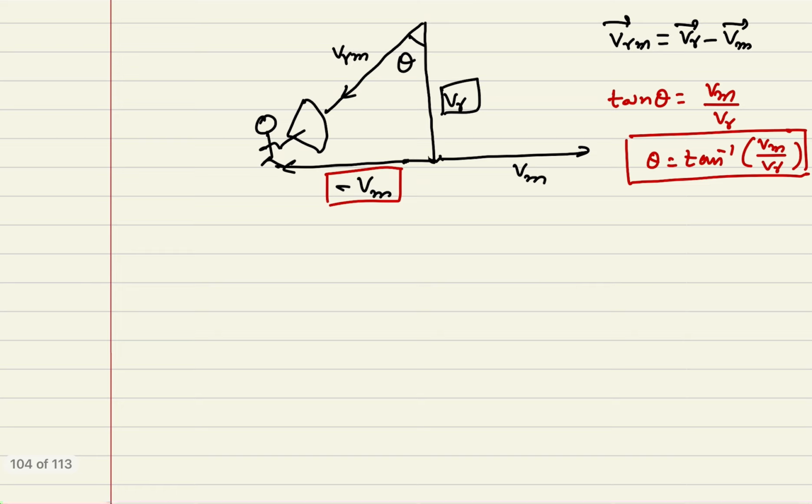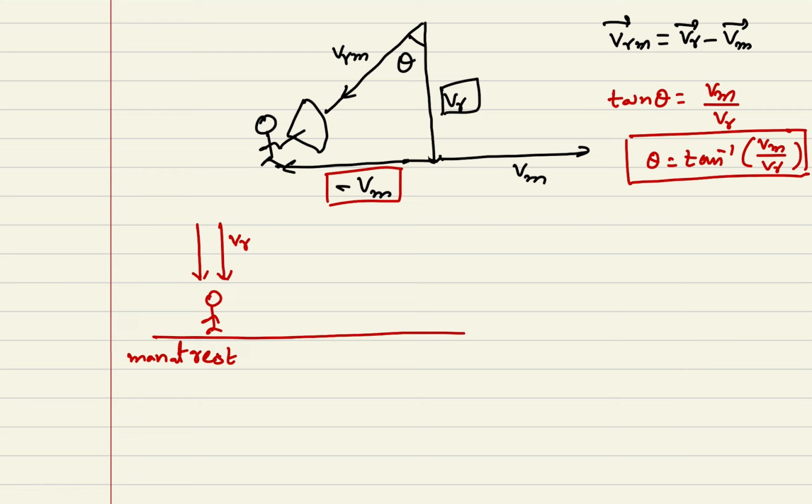Okay. Some other conditions I am also giving, you can observe this. Let us consider one condition. Rain is falling like this, man at rest. Okay, this is the velocity of rain. Now I am writing different conditions. You can see. Suppose the man is moving